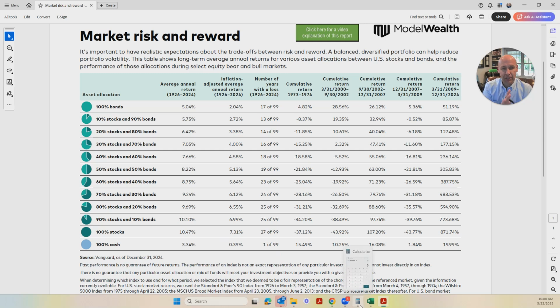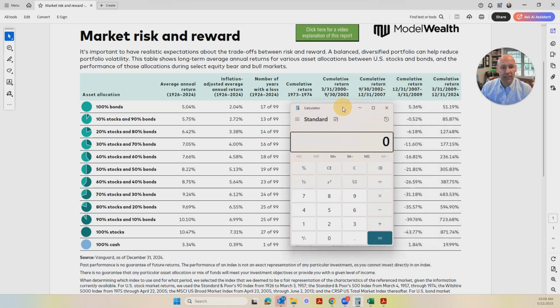So what we will do here is let's just put a calculator up on the screen, and we'll just use a sample $100,000 investment. If you put that money in a savings account or a money market or short-term CDs, you would say, okay, well, let's see what it grows to on paper. We would multiply times 1.0334, and that would give you the same amount plus an extra 3.34%. And let's just do this over a 20-year period, for example. Not that these are guaranteed returns over the next 20 years, but hypothetically, let's just apply the last 99 years to the next 20 years.